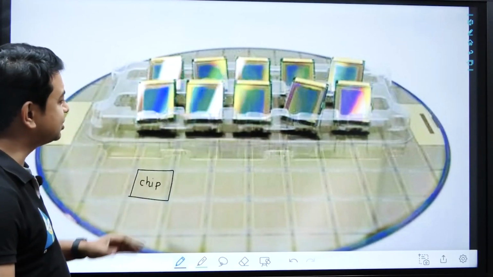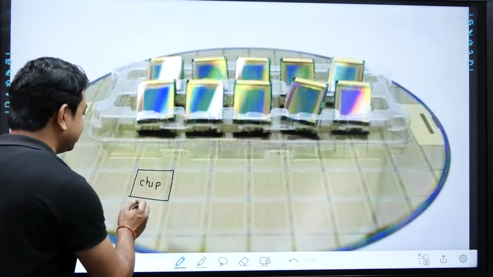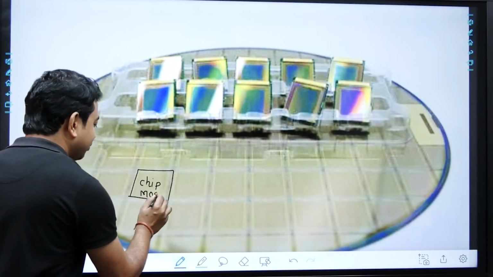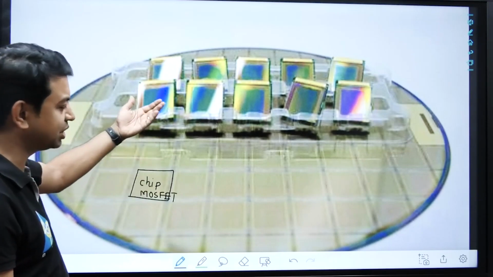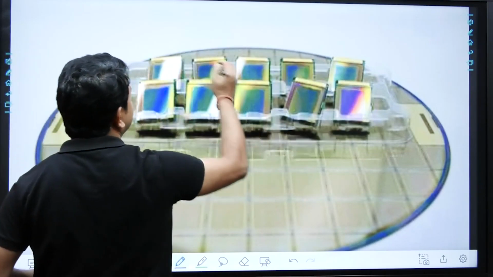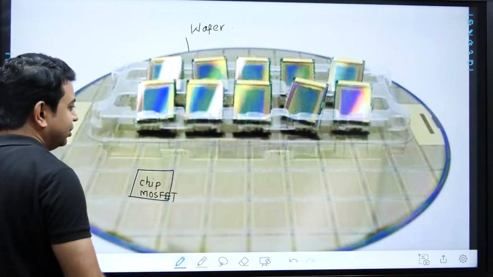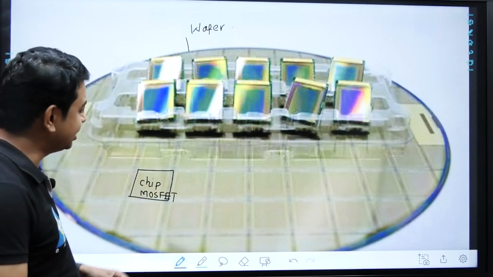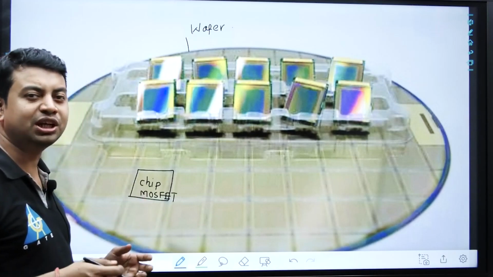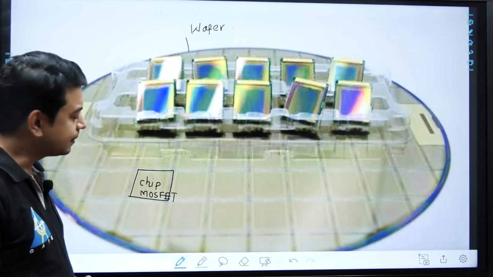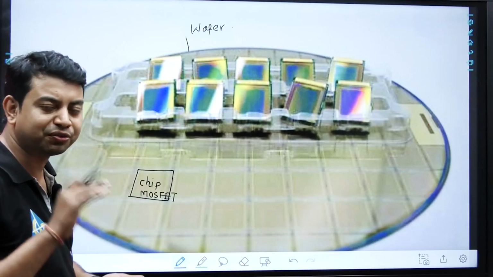And these chips we have to fabricate first. That means we have to make this MOSFET, which is a 4-terminal device, first, and later on it must be removed from this particular wafer. So a large circle which acts as a wafer has millions of chips inside, and these small chips consist of many MOSFETs or transistors. So we have to remove this MOSFET from this particular chip after fabrication.